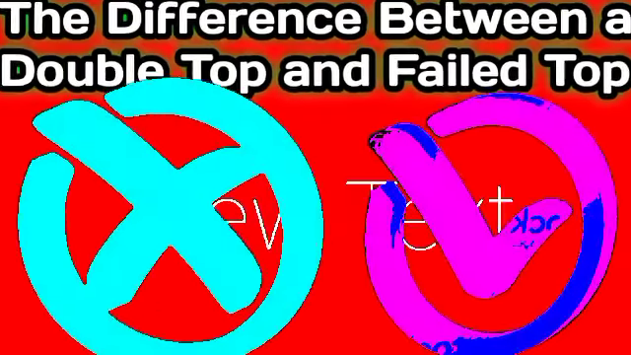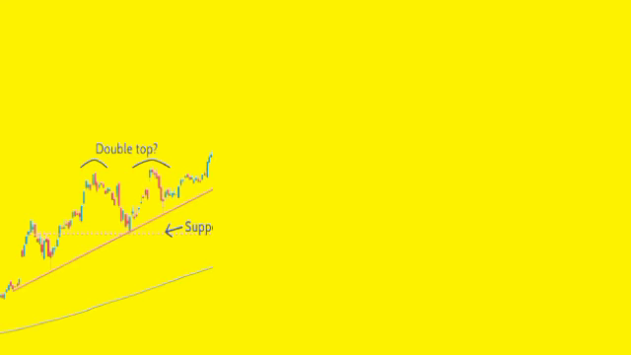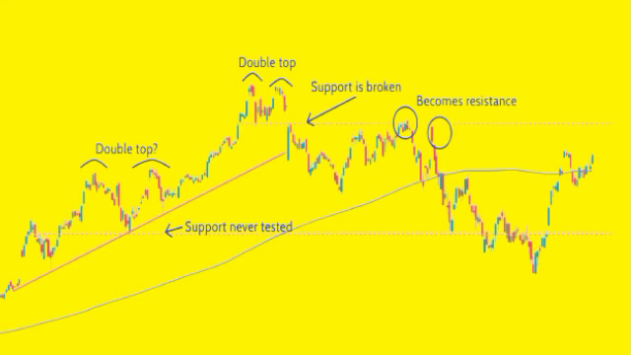The difference between a double top and a failed double top. There is indeed a significant difference between a double top and one that has failed. A real double top is an extremely bearish technical pattern which can lead to an extremely sharp decline in a stock or asset. However, it is essential to be patient and identify the critical support level to confirm a double